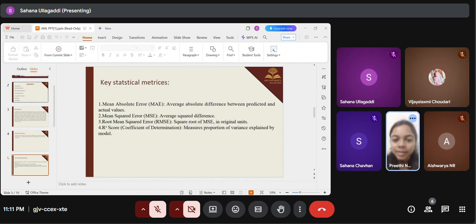Vijay Lakshmi, and the key metrics. On this slide, the first one is MAE, which means mean absolute error, the average of the absolute difference between the predictions and actual values. And next is the MSE, mean square error, the average of the square difference between the predictions and actual